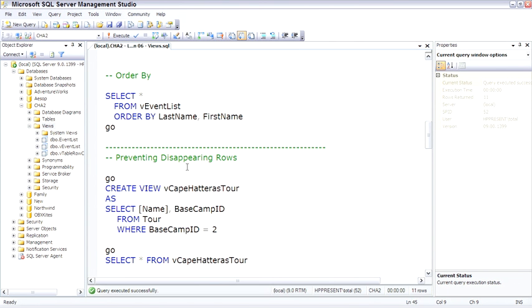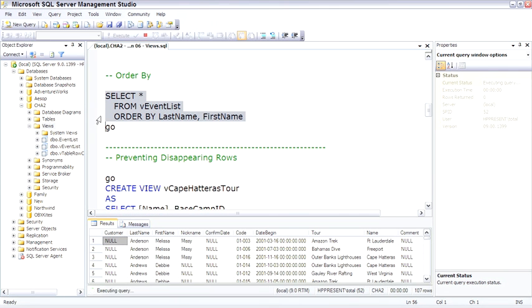So if you do want to sort the results of a view, the best practice is to say select from that view and then put the order by in the calling query. A couple other restrictions about views just to mention is that you cannot do select into, which we haven't talked about yet. That's part of data modification. And a view cannot refer to a temporary table, which we'll talk about in the T-SQL